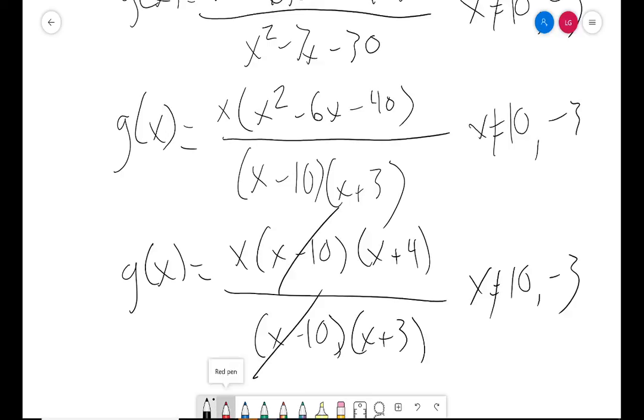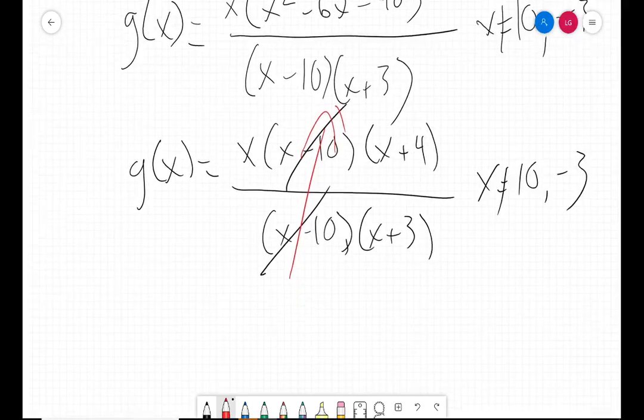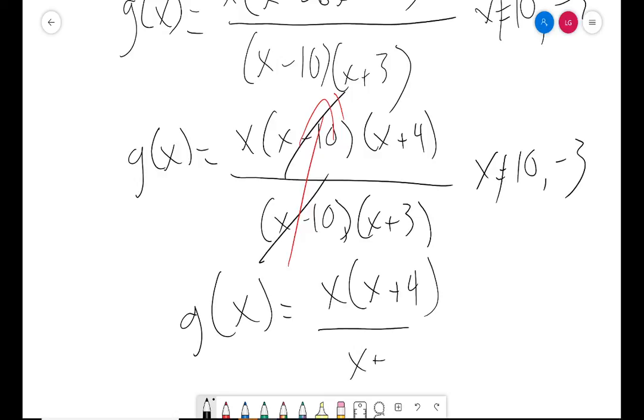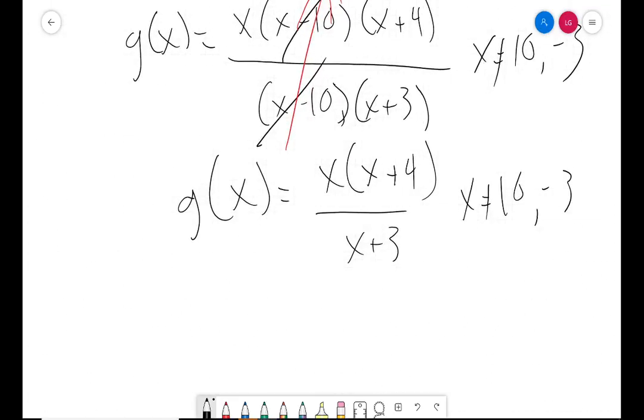All right, I've been doing it this way, saying those divide to 1. So g of x equals (x plus 4) over (x plus 3), where x does not equal 10 or negative 3. That could be the right answer if they leave it in factored form. Sometimes,